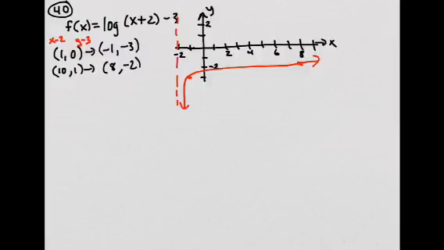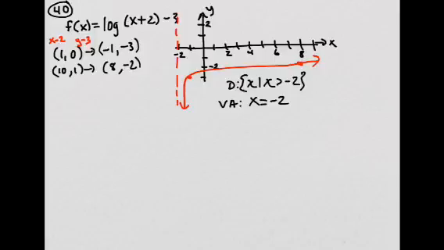So the domain would be x such that x is greater than -2, and then the vertical asymptote is x equals -2. The x-intercept, that would be where it crosses the x-axis. So that means that y would be 0, right, at that point,